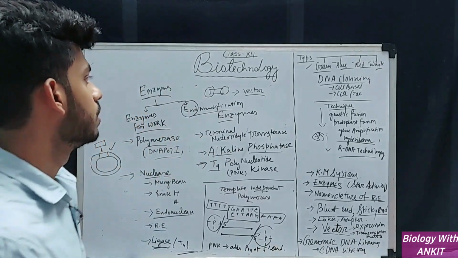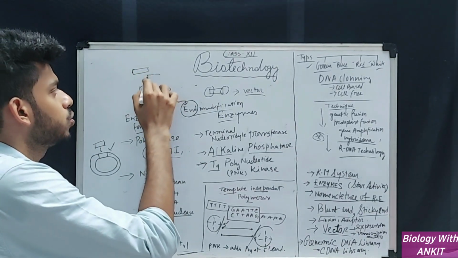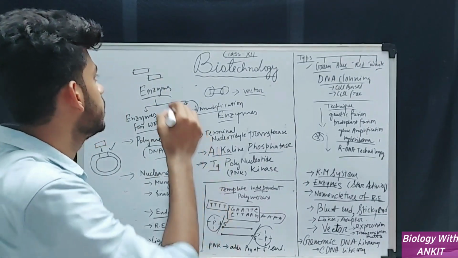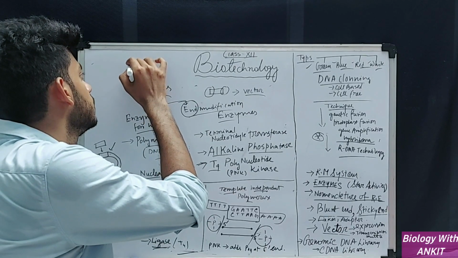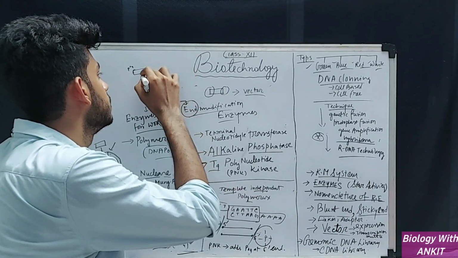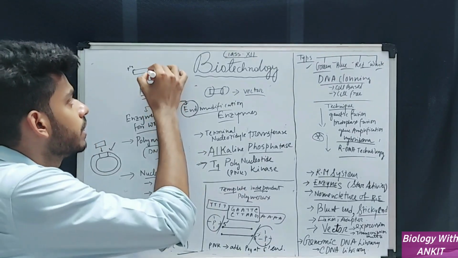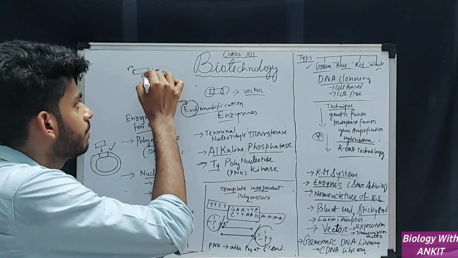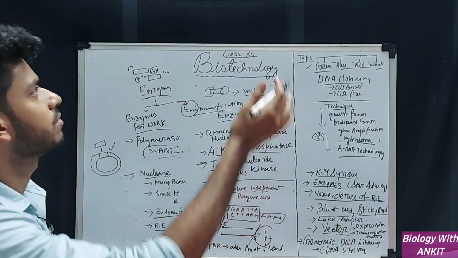Okay, suppose I have a gene of interest, I have two or more genes of interest. So if there is a phosphate group present, and also there is a phosphate group present in both the cases, what can happen, if there is a 3' OH, the 5' and the 3' will merge and will cause a nuisance.